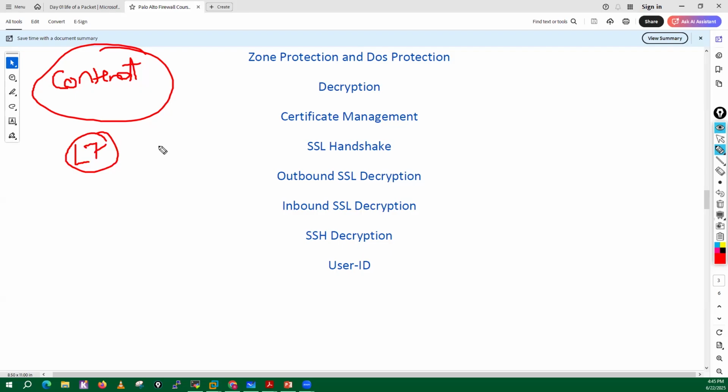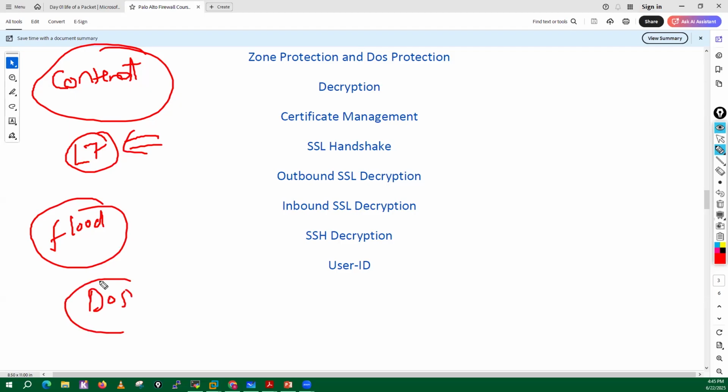Let's suppose somebody is not sending malicious content, but is trying to flood your environment. He wants to launch a DoS attack in your environment. How can you protect from those types of flooding attacks, like SYN flood, UDP flood, ICMP flood, and other IP flood attacks?